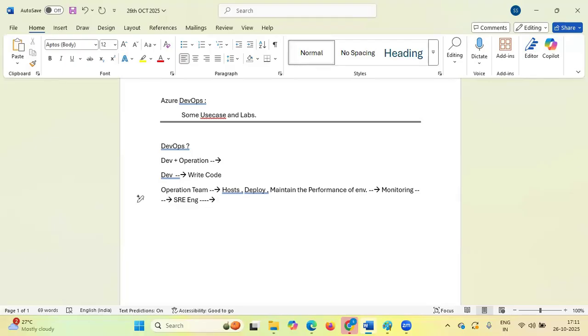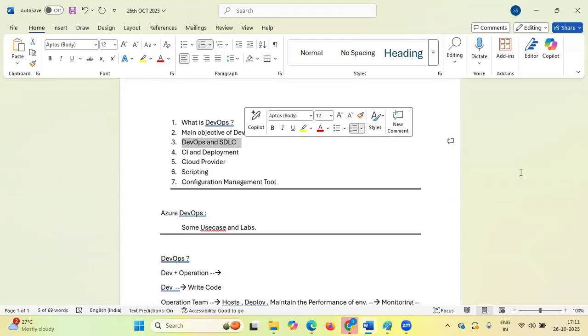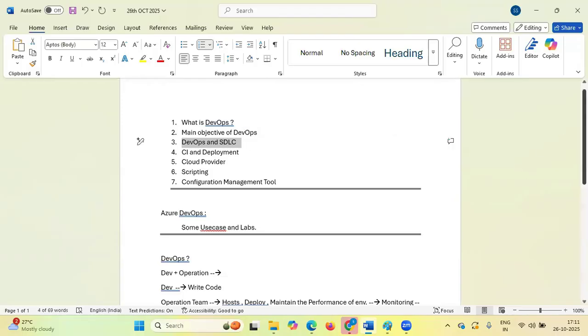You should have a very good understanding of the DevOps concept, a clear understanding of the main objective of DevOps, a very good understanding of SDLC and how it helps the DevOps process, then CI deployment, cloud provider, scripting, and configuration management tools knowledge.